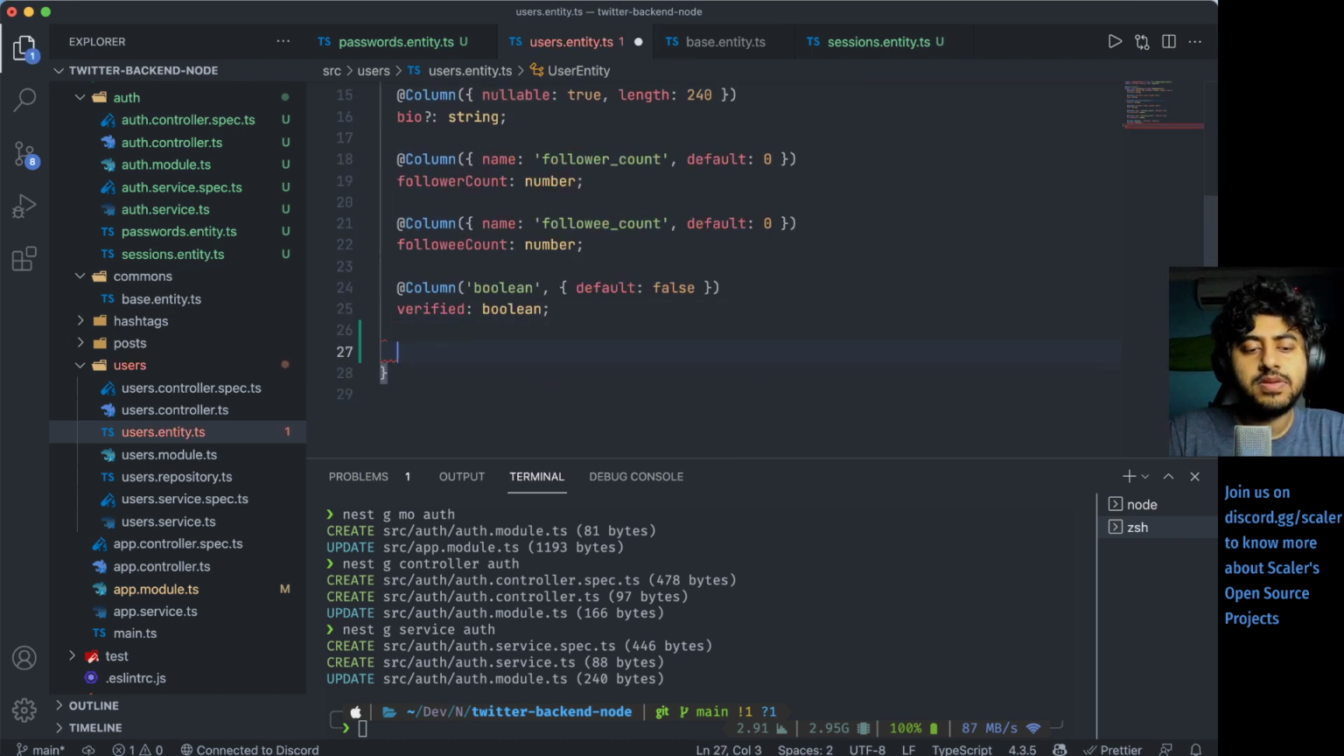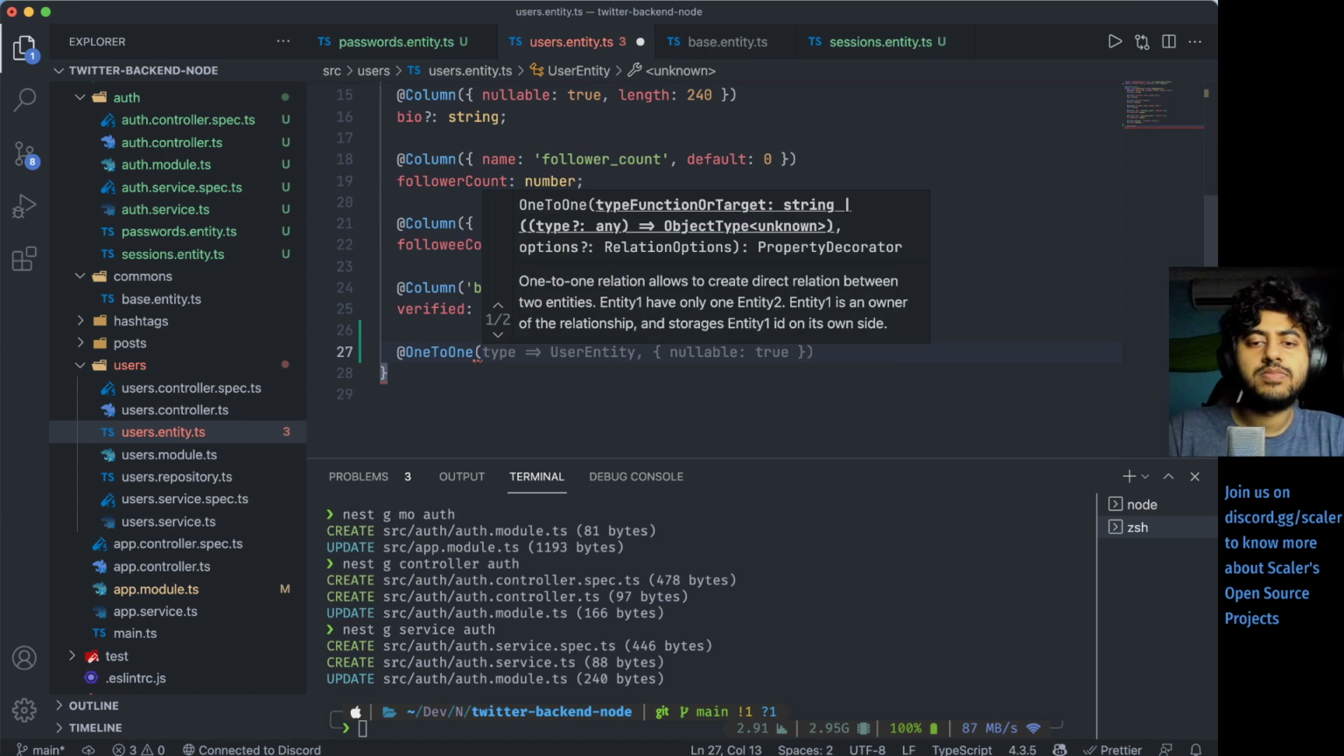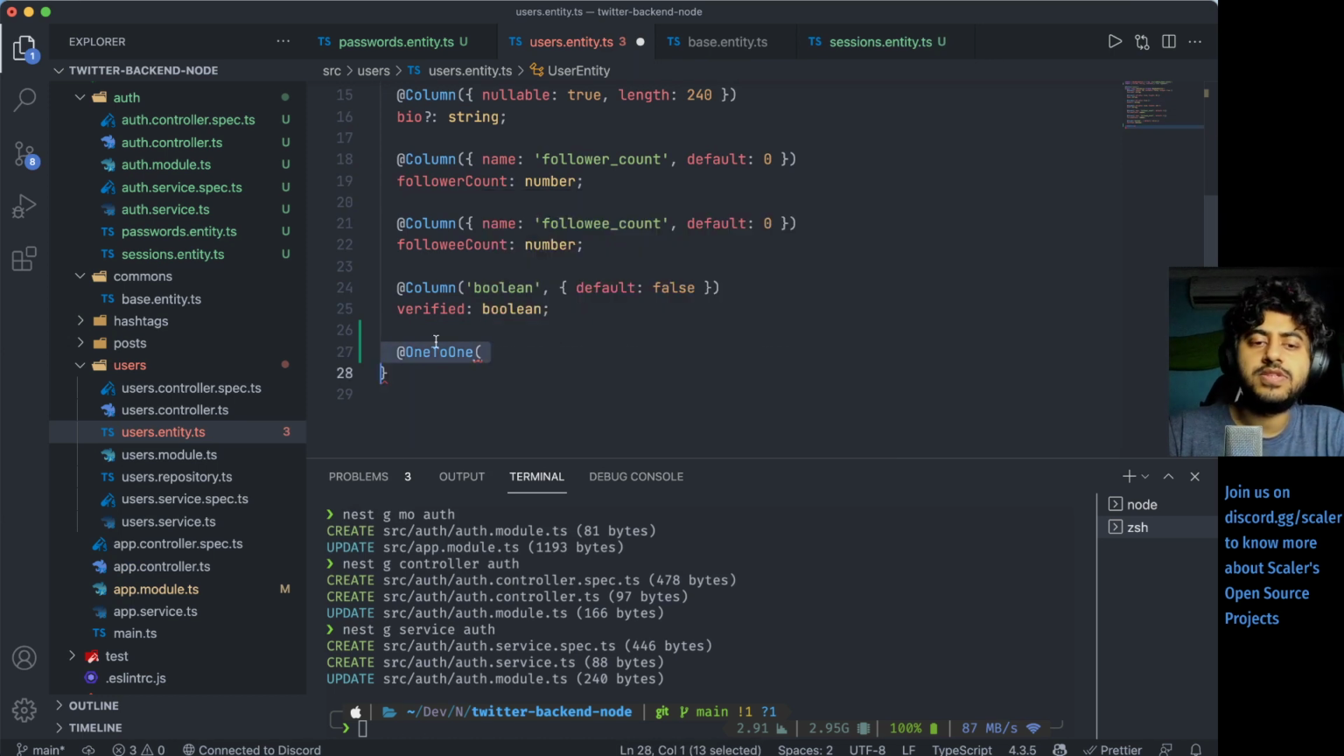This needs a one-to-one with. In fact, let's not do that, because when we fetch user, we don't want to fetch the passwords along with that, do we? I know we do. Oh, you can do. I mean, we can do one-to-one and